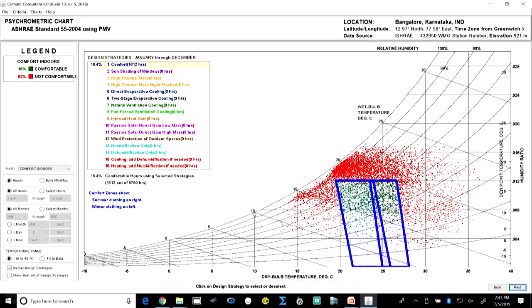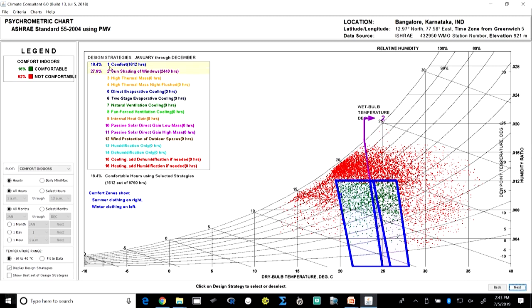We see that there is no extreme winter climate here, there is no extreme summer climate here where the temperature goes above 35. There is a range where at higher temperatures there is no high humidity. So, we have high humidity at a temperature range which is within the comfortable range. So, if we do not do anything, we have around 18% of the hours falling under comfort,